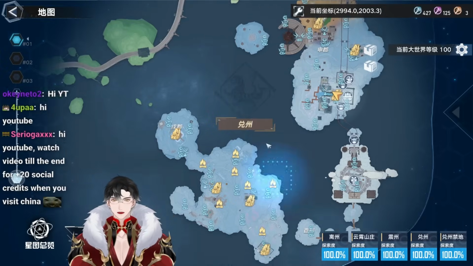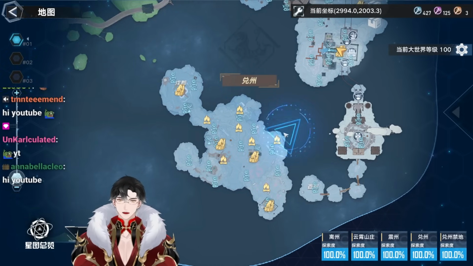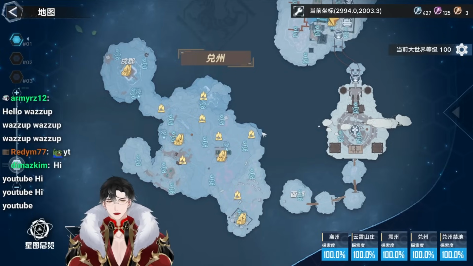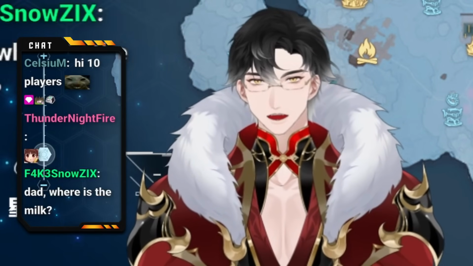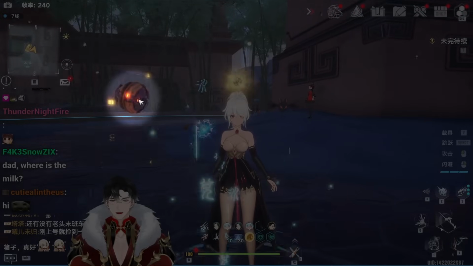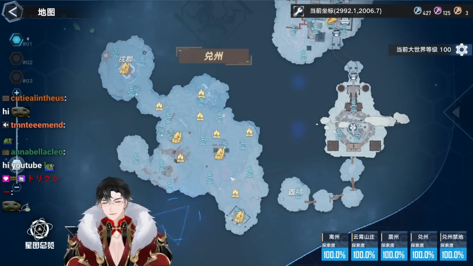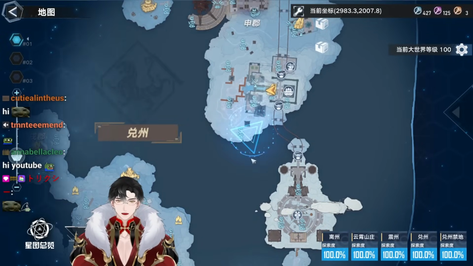So for the 3.4 patch, we get the second half of Marshville, which is the bottom portion. Before you even think about exploring this area, do the main story. You have to now, so you can unlock this space heater. If you don't have this, you will die exploring this new map. The story will unlock this space heater, and then to get over here through the story,